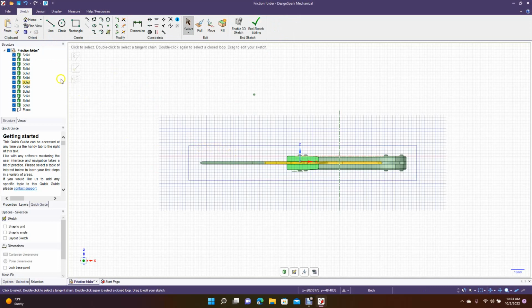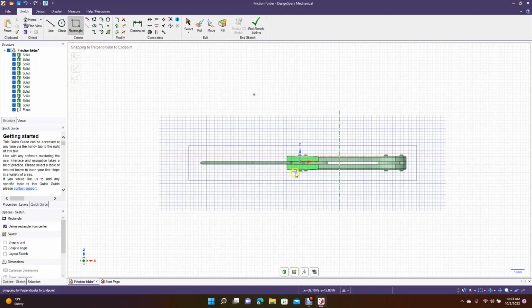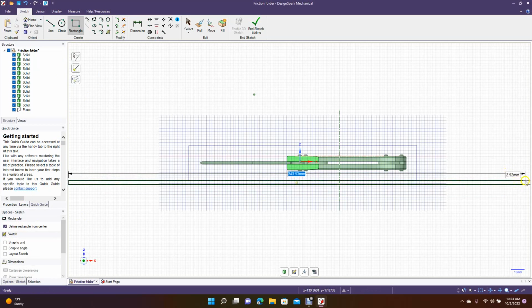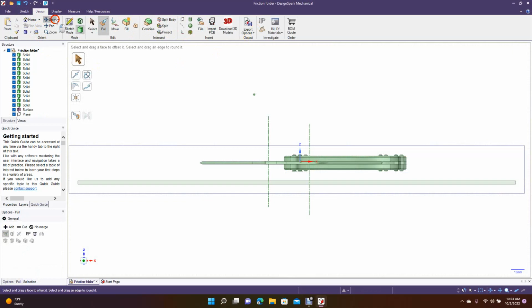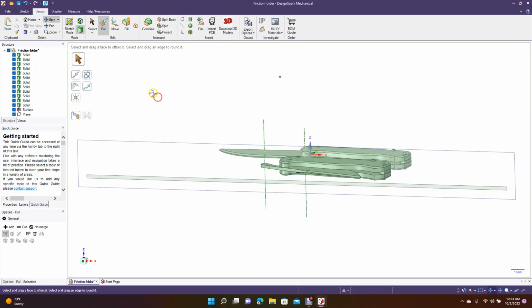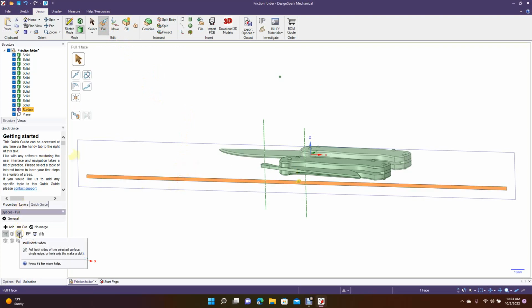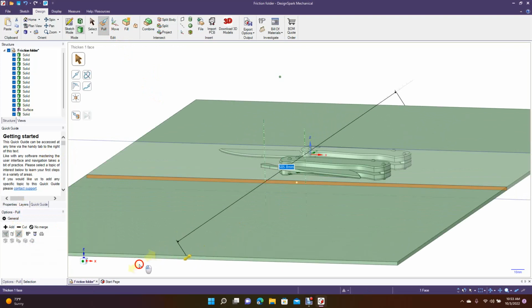We're going to get the rectangle tool. We'll define here from center, and then we're just going to click over here, and we want to drag a pretty long rectangle out there, maybe 330, and then we're going to click right there. Now we're going to come up here to end sketching, and then spin this. And now we want to go to pull. We're going to select right there, then go to pull from both directions, and we're just going to drag this out